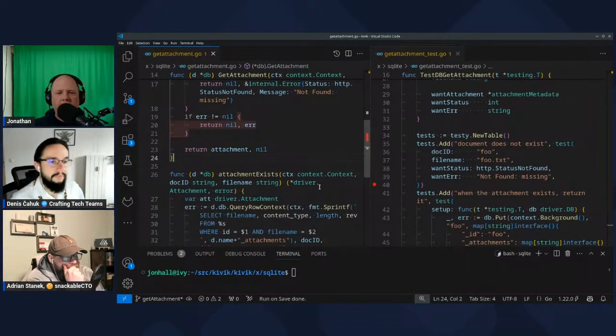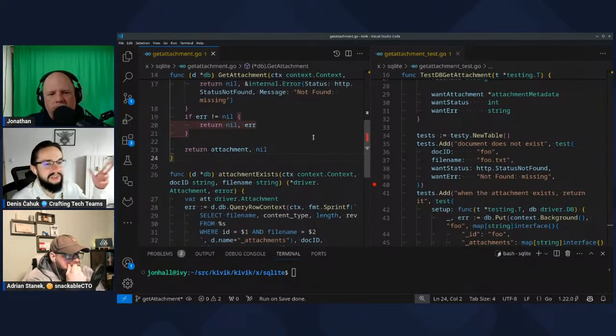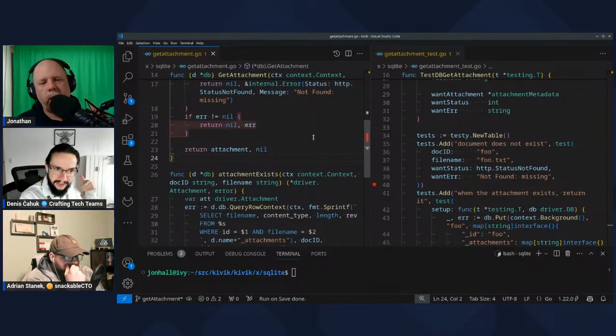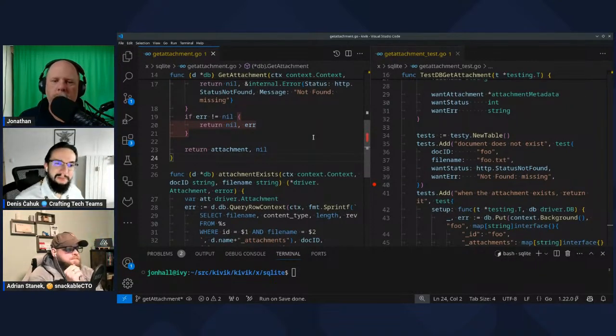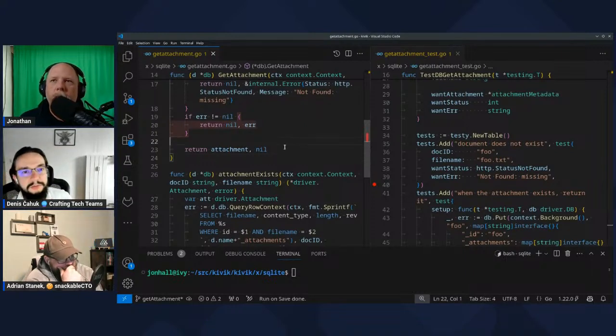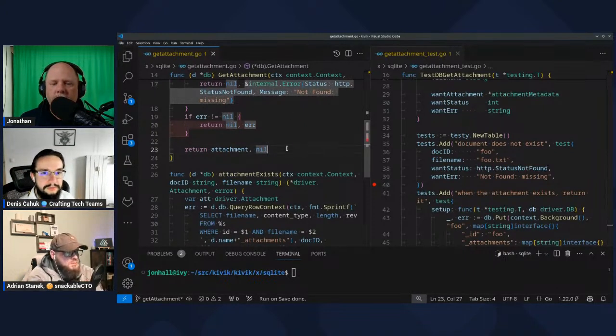If this was against a network connected database, I would completely agree with you. I'd be completely on board if it was MySQL or Postgres or something. Or if, because of the nature of how it's set up, there's some clashing going on, in case you want to hyper parallelize it, I would want to isolate as many other tests as possible to not actually hit the SQL database. Given that it's an isolated in-memory instance in process, I'm less concerned. No biggie. But yes, in principle, I completely agree with you.